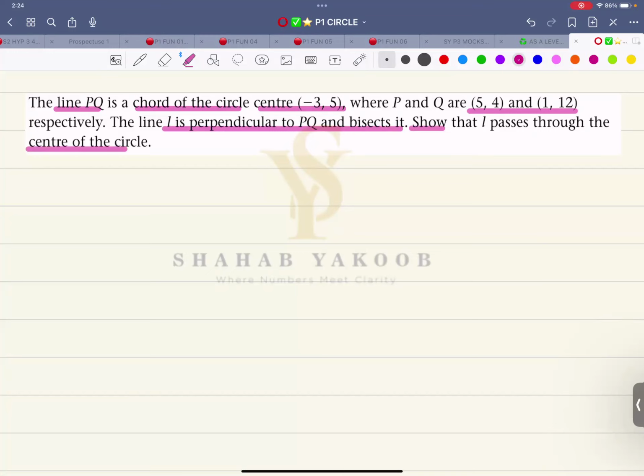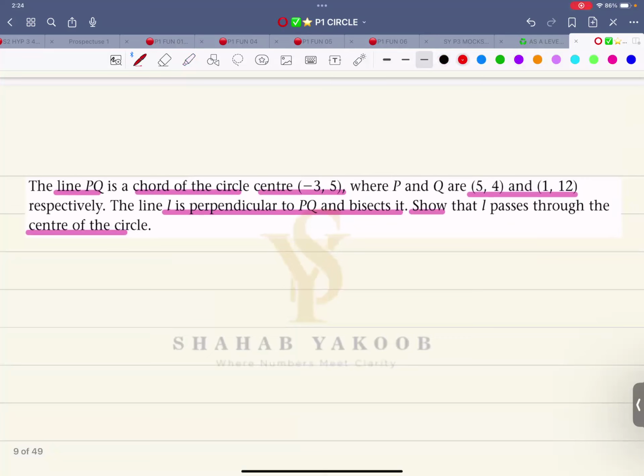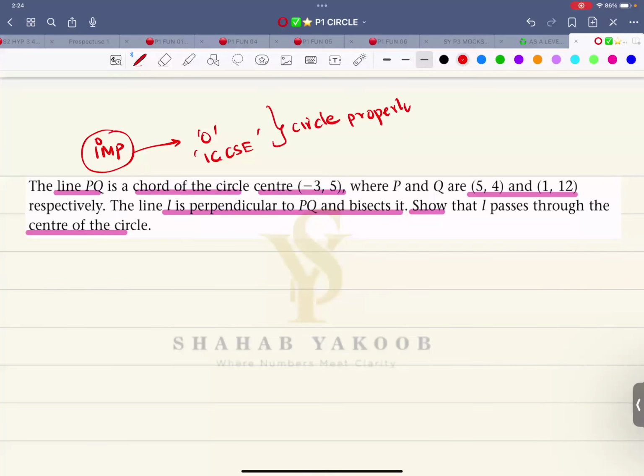A very, very important idea. I think this is one of the most important things that we study, that is from the O level or IGCSE level circle property. And people are taken by surprise when it's used in the circle equation